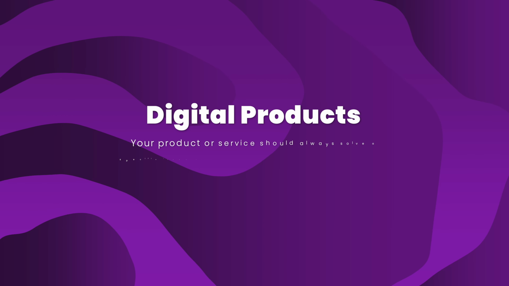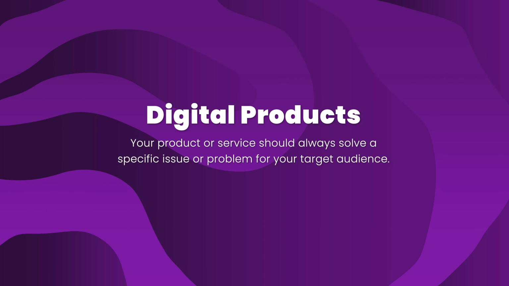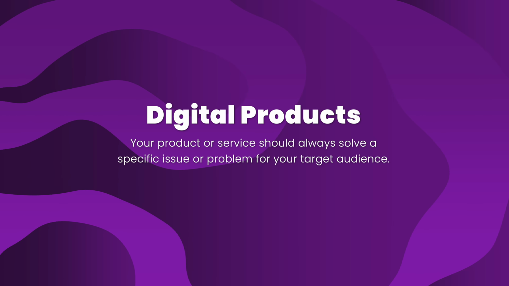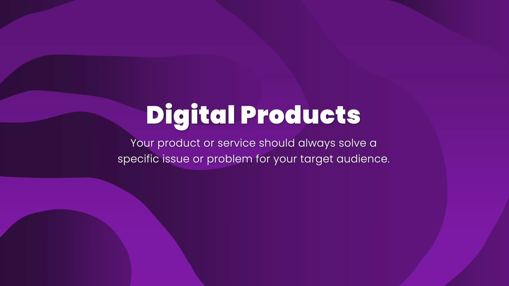Now, the secret that people fail to see whenever they're creating an online product is that you need to follow this basic principle, and that is whenever creating an offer or a product, you need to make sure that it solves a specific problem or an issue for a specific group of people. So what do I mean by that? I mean that if you're creating an ebook in photography, it needs to solve a specific photography issue that your target market or your followers need solved.